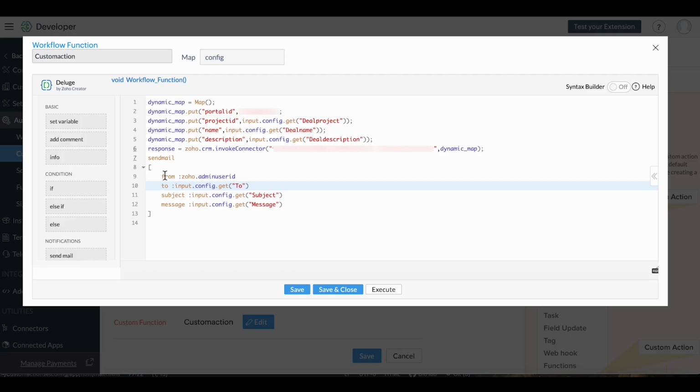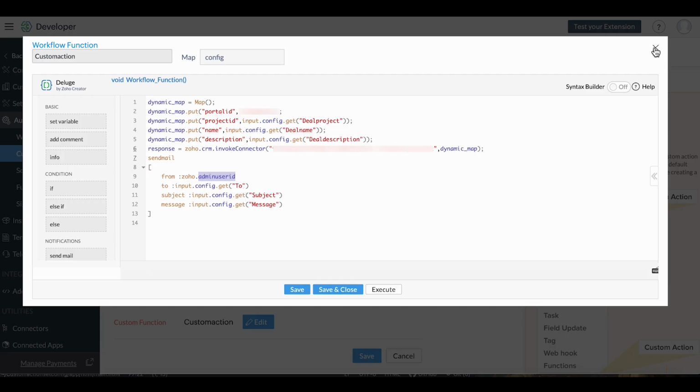For from alone, essentially the mail is going to be sent out from the Zoho CRM user who's currently logged into their account. So whoever's handling the Zoho CRM, they are the ones closing and winning deals with contacts. So from their email only, the mail has to be sent out, right? So we have a deluge function called zoho.admin user ID, which will retrieve the currently logged in CRM user's email. So that is what I've used over here. So from the currently logged in CRM user's email, the email will be sent with the personalized subject and the message to the deal's contact owner.